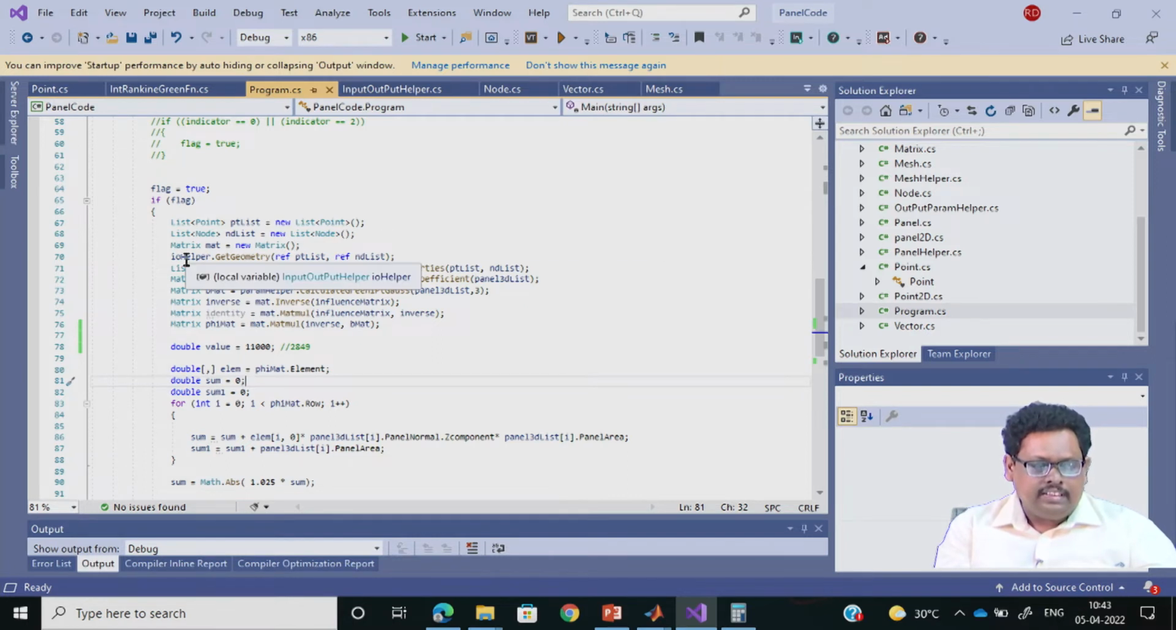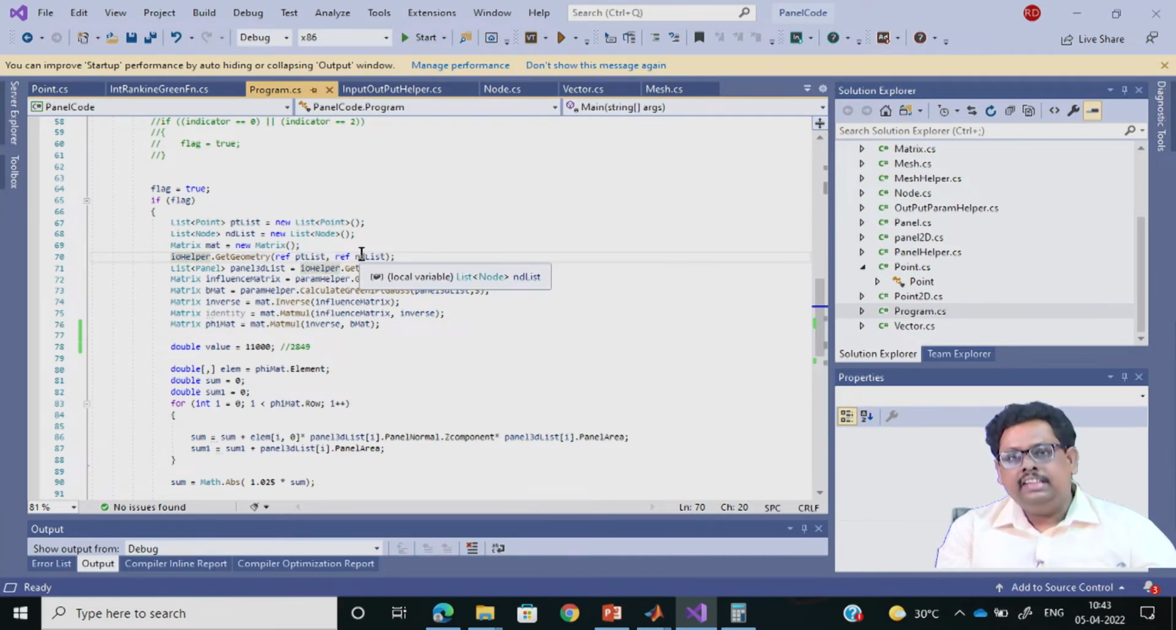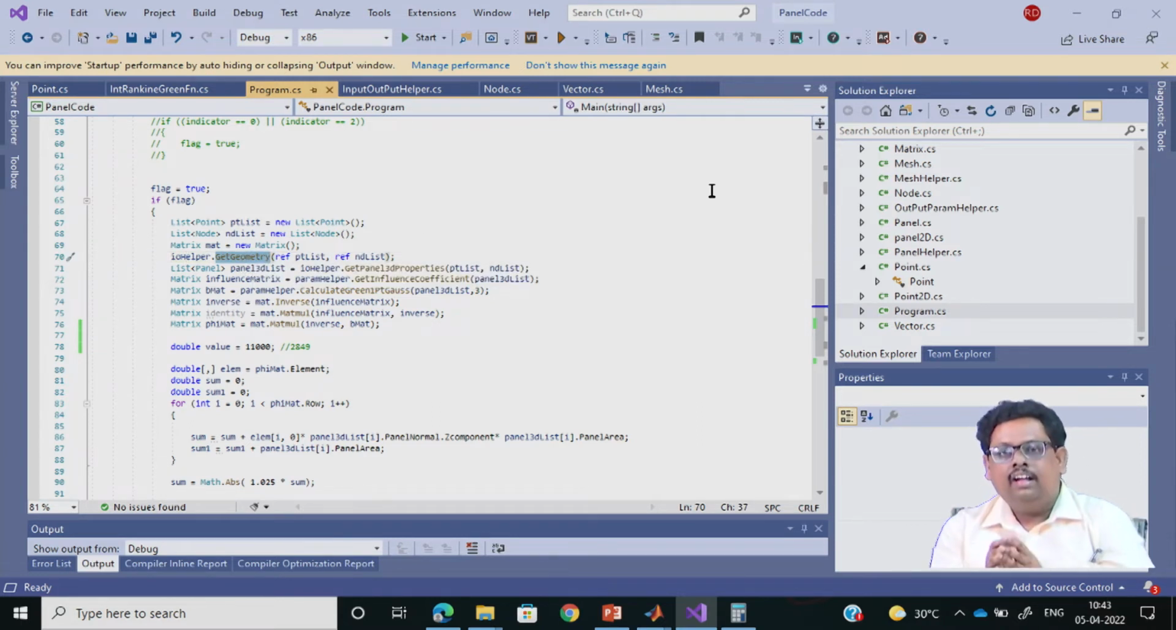And then I am using this input output helper. I find out the geometry, so I send this point, I send the node list. Okay, so this is the reference actually in the get geometry function. So, first let us write